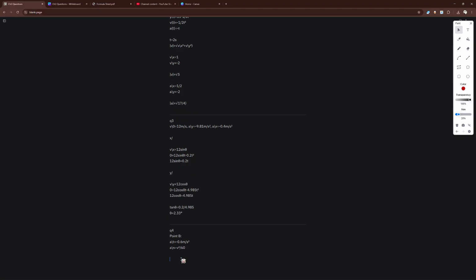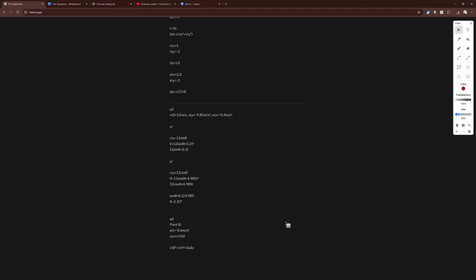So final velocity is VB, initial velocity is VA. We have acceleration, and we have the difference in distance, S minus S naught. We just don't know the initial and the final, so we have delta S, which is fine. That's what is in the question anyways. So we get that VB squared is equal to VA squared plus 2A delta S. Plug in our values, we get that VB is equal to the square root of 16 squared